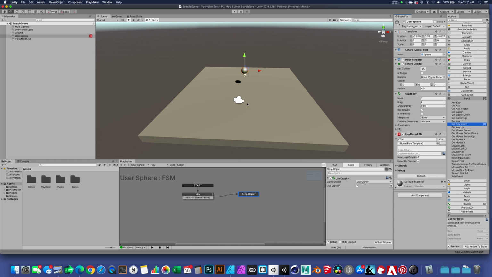We're going to continue on with this basic concept of input and utilize Playmaker to build a state machine that does some stuff when certain conditions are met. So we have this user sphere, and the idea is that, based on user input, in this case a spacebar press,